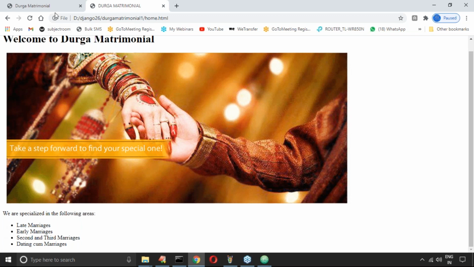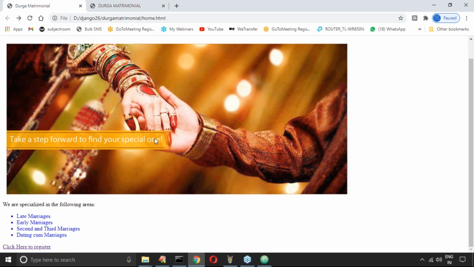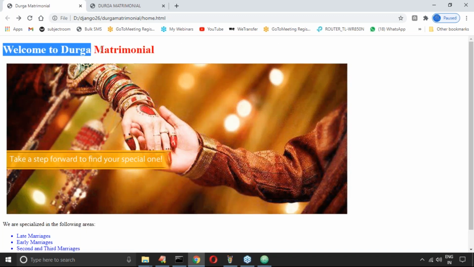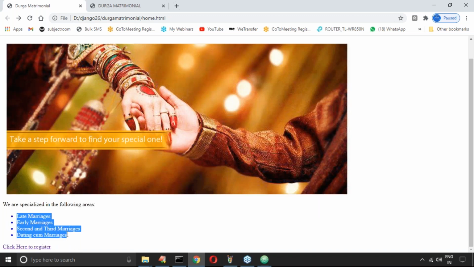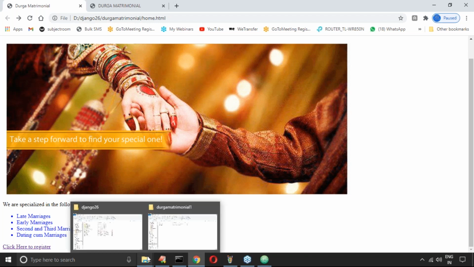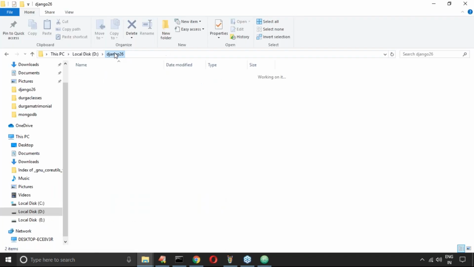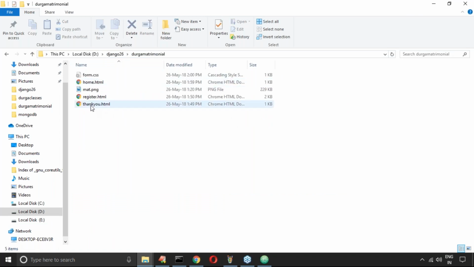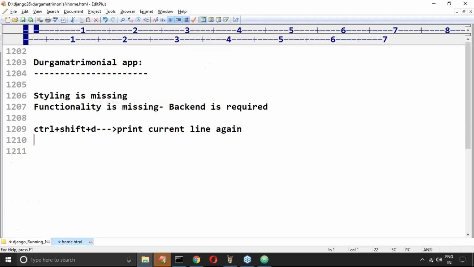Then some people may ask, sir, here it is coming in red color, but here it is coming in blue color. Why did this happen? What is the reason? CSS is the reason. Let me open home.html.